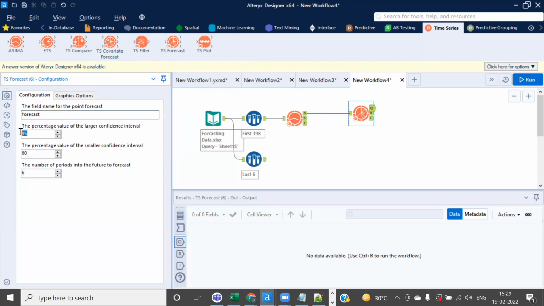This percentage value is with respect to the larger and smaller confidence. You will come to know this in the statistics class, but don't worry about this. You can change it as you like. But the main idea here is the number of periods into the future. Okay, forecast for 6 periods. So when I run it,